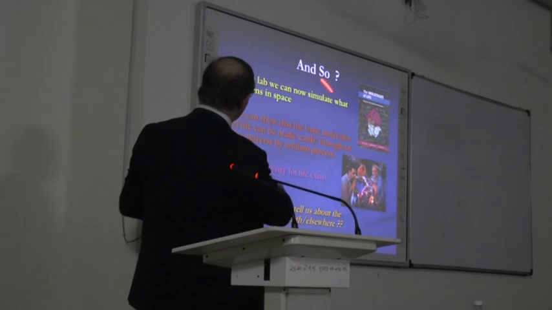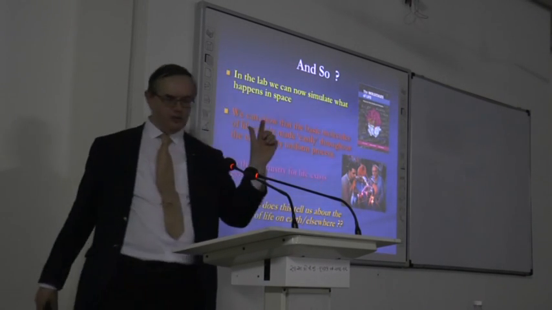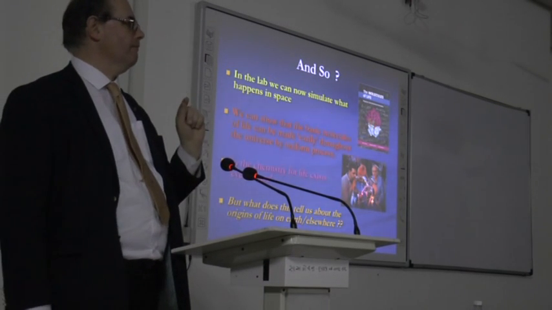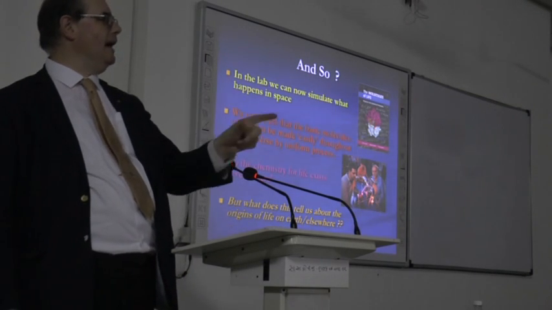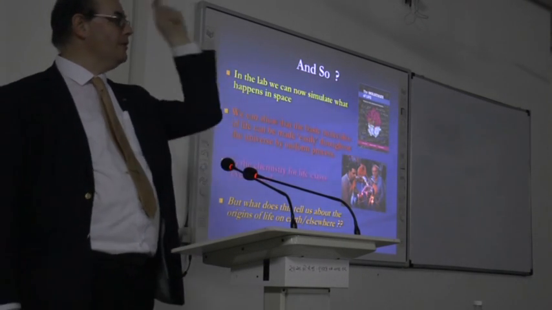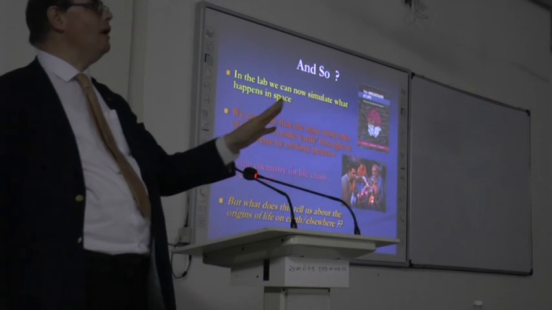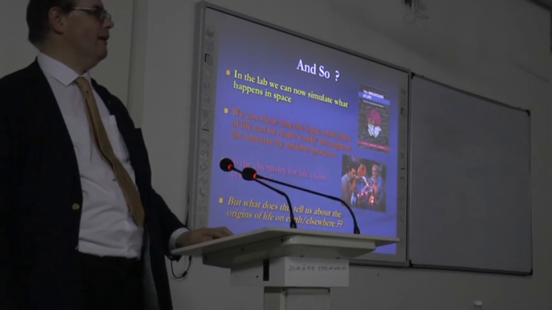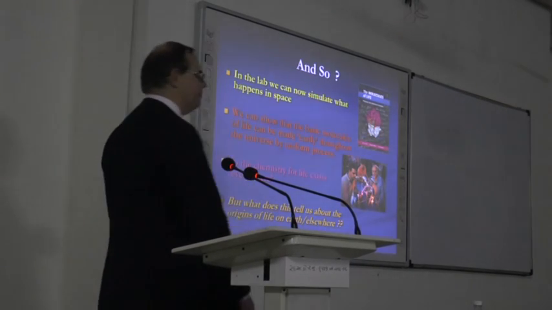So we can simulate. We can show it makes. What it means is the first conclusion: this chemistry will be the same anywhere in the universe. The rules of chemistry and physics apply anywhere, so we can make these molecules in any solar system, around the stars, anywhere. There's nothing special about the Earth, there's nothing special about the solar system we live in. But what does it tell us about life on Earth?